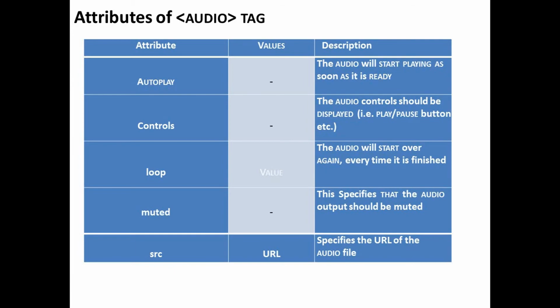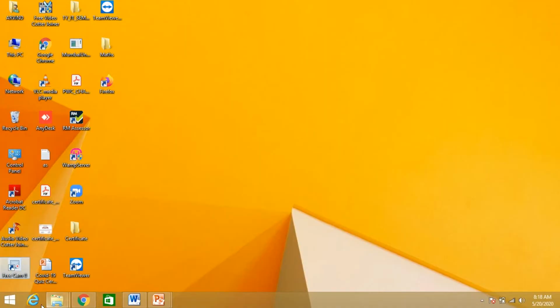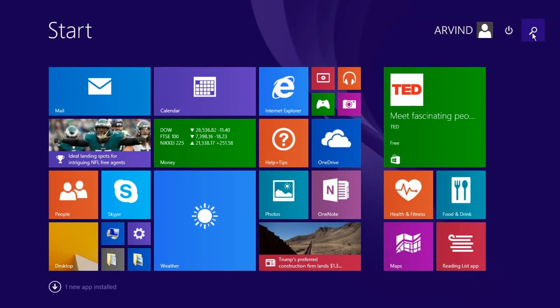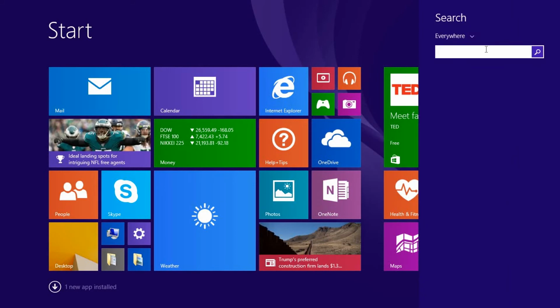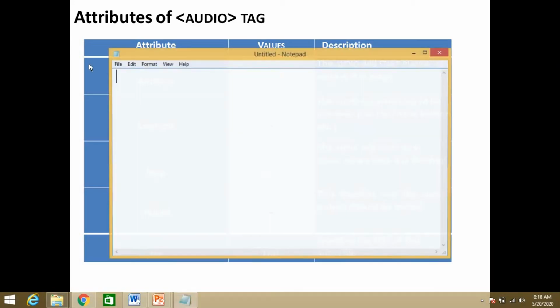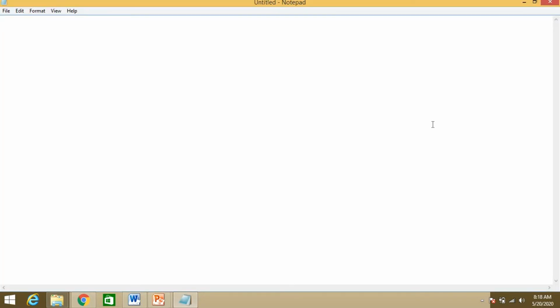So we'll see the things with an example, because for every topic we have seen an example, and an example will clarify the things. Let's start with the document.